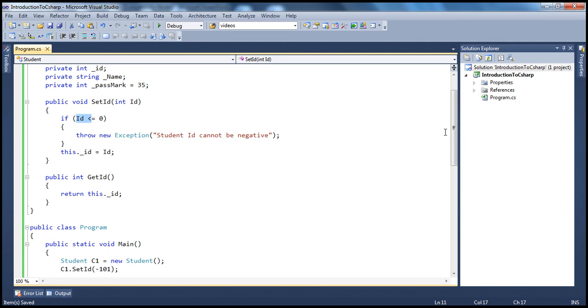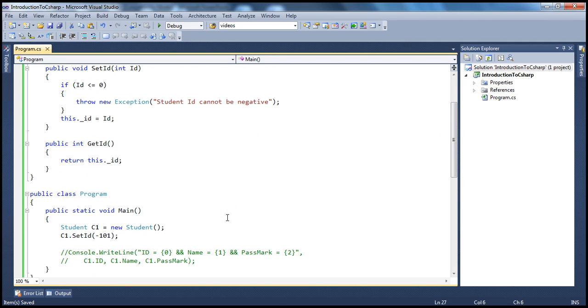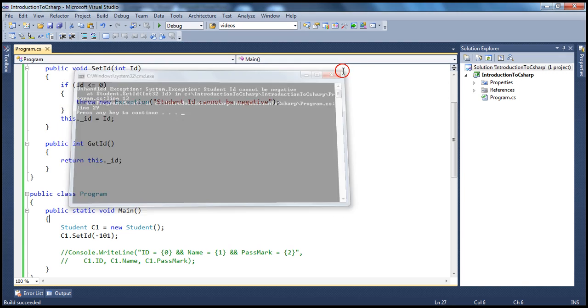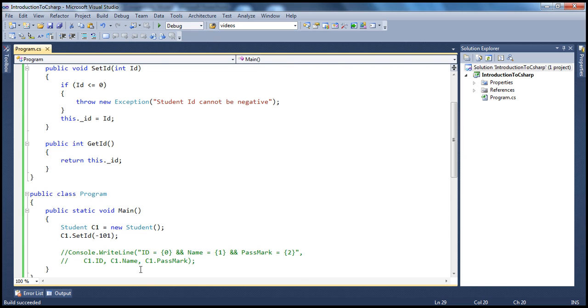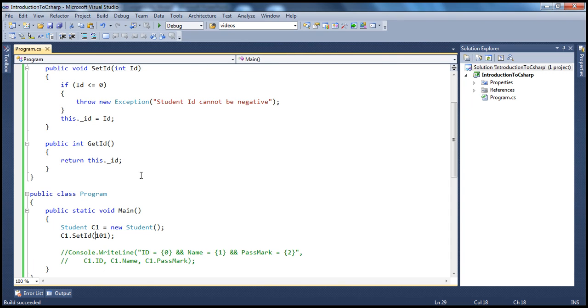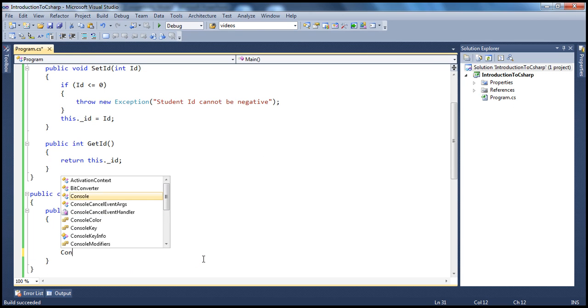So let's see if we get that exception. So if we go ahead and run that, and somebody is trying to set that to a negative number, you see that there is an unhandled exception, student ID cannot be negative. So now the user is alerted. Whoever is making use of a class, they know that they cannot set a student ID to negative number. So on the other hand, if I set to a positive number, I go ahead and run that, I don't get any exception. But on the other hand, if I have to go ahead and print that, let's see how to do that. To get the value,